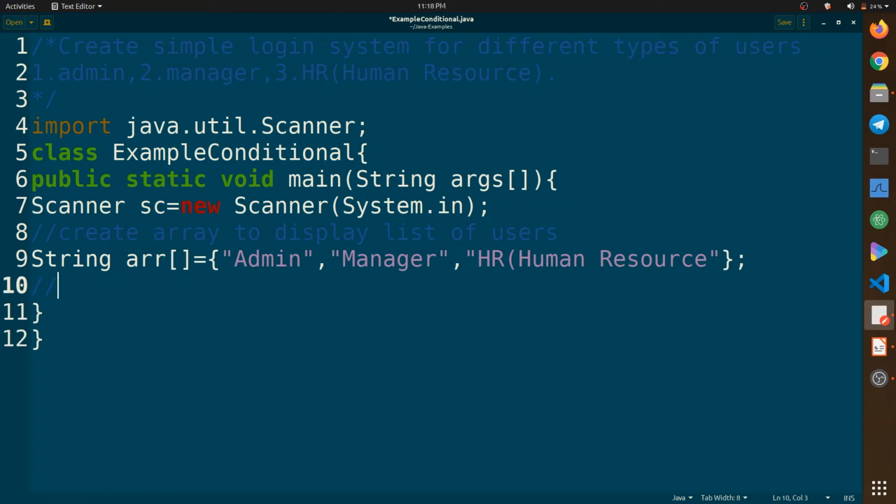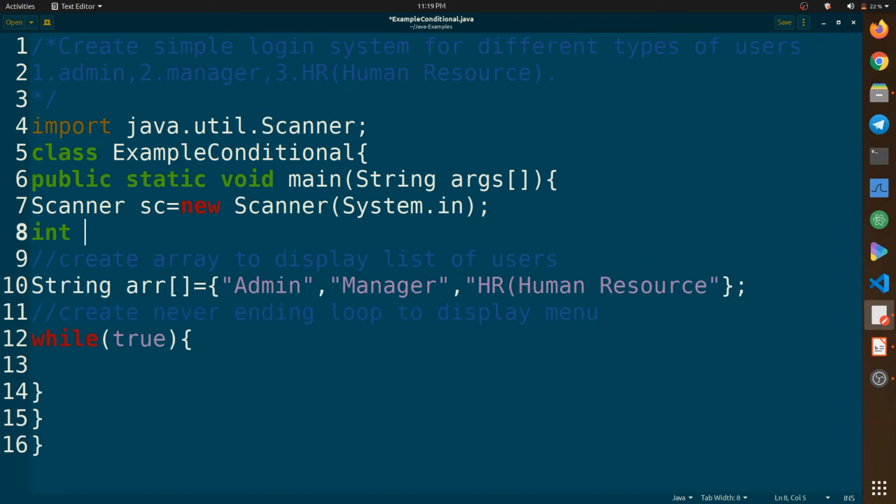Okay, and after this we want to create an infinite loop or never ending loop which will keep running, and it will keep displaying our menu. So let's create a while loop. So while true, this means that it will never get any false value, so it will be executing until the user terminates the program from their side.